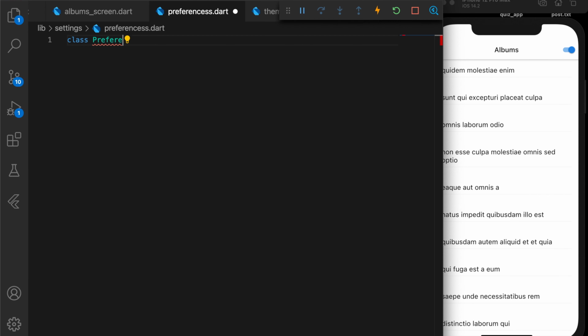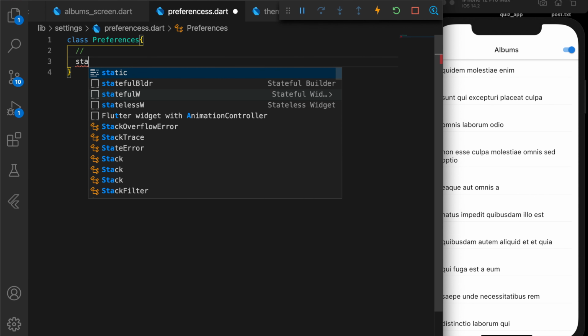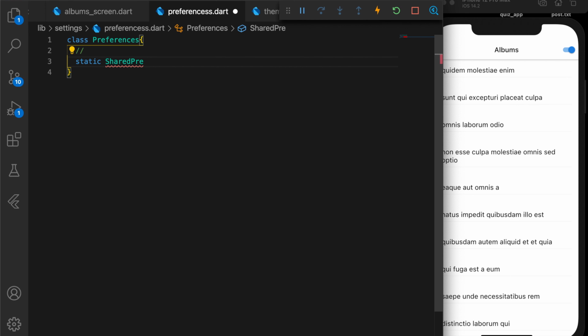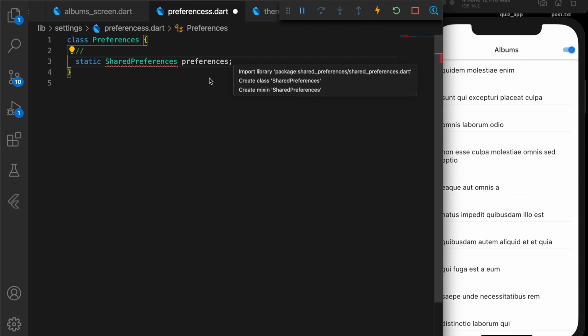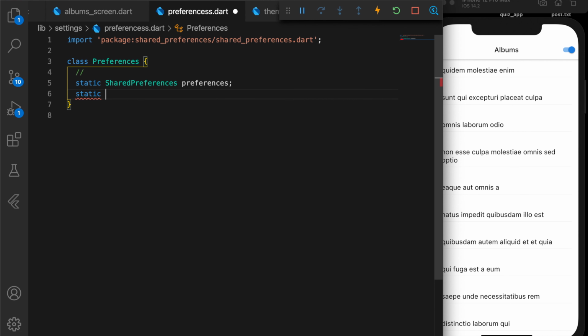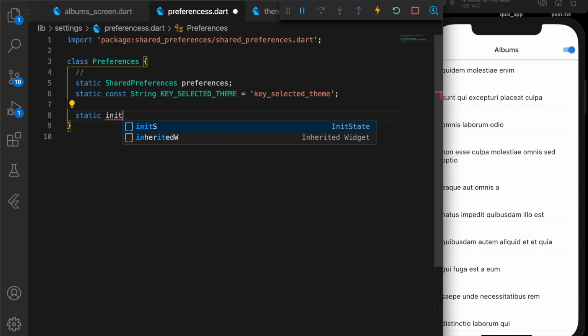So let's save the theme in our shared preferences. We have added the shared preference plugin in the initial part of the video, if you remember. So I'm going to create a new class. I'm going to say Preferences, get the instance of the shared preferences, and save the theme with a key selected theme. So declare a variable for that,